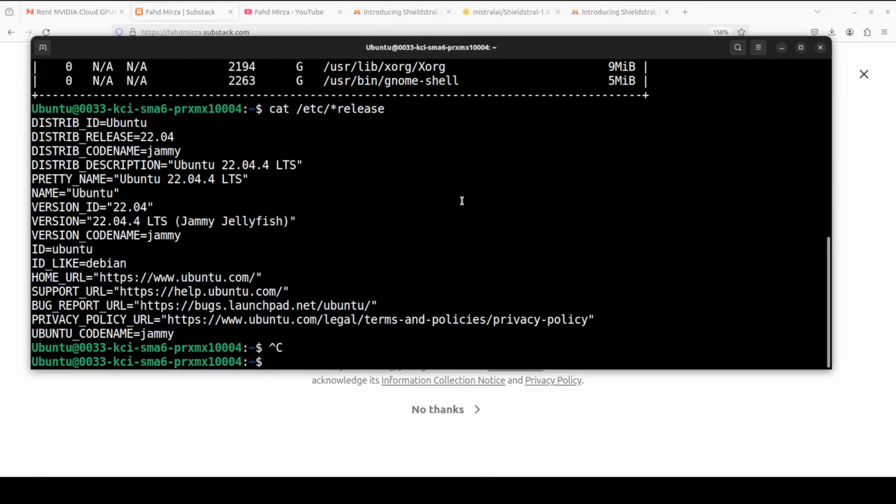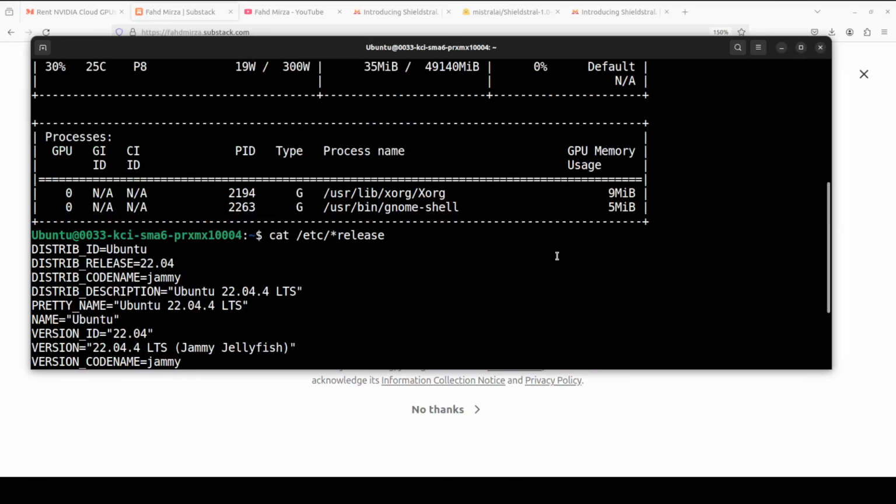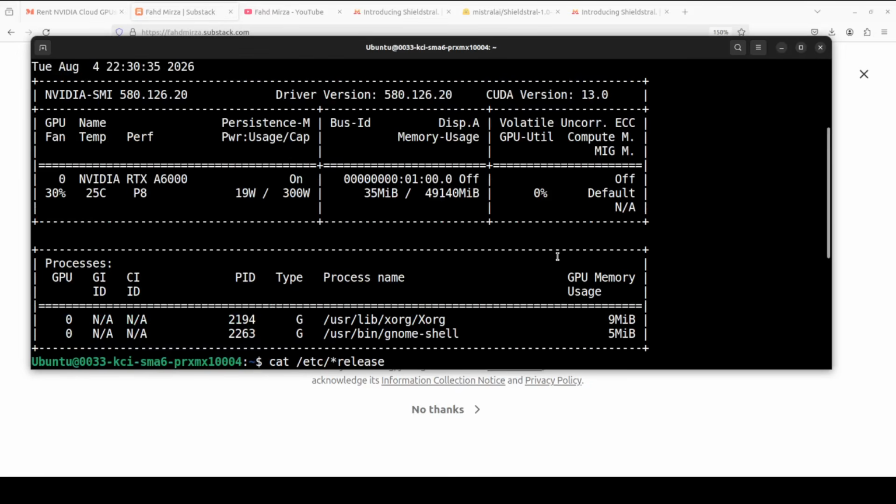I'm going to use this Ubuntu system and I have this GPU card NVIDIA RTX 6000 with 48 GB of